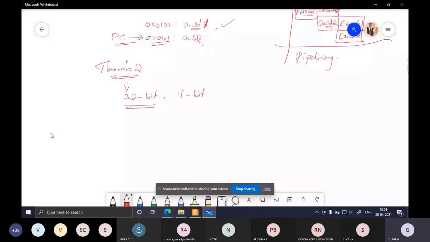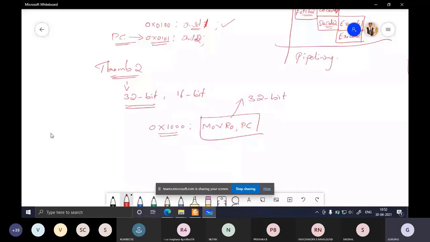The instruction move R0, PC is totally 32 bits in size.